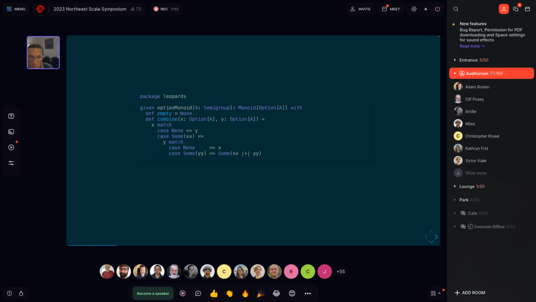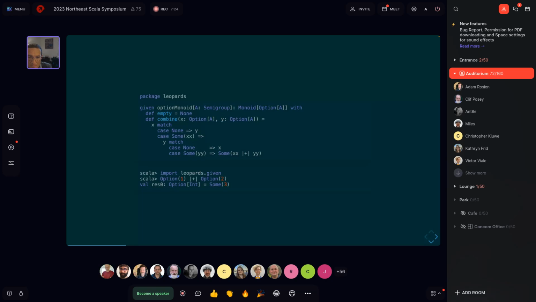And in the other cases, we'll return either the defined value, or if both are undefined, just return none. Right, so we can define these inductively. And here, the A parameter to the option monoid given instance takes that semigroup instance as a context bound.